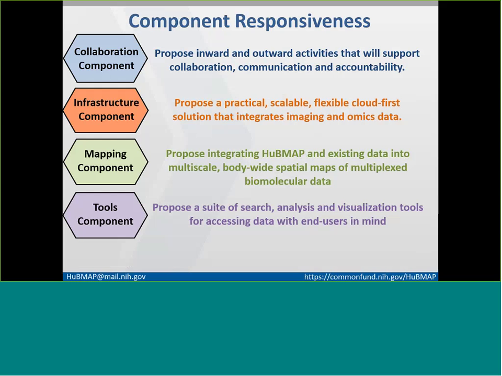To be responsive to each one of the components, in the collaboration component, you have to propose inward and outward activities that will support collaboration, communication, and accountability. And in the infrastructure component, you have to propose practical, scalable, and flexible solutions that integrate imaging and genomics data and keep a cloud-first attitude towards building such an infrastructural component for